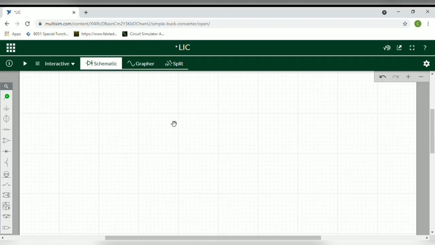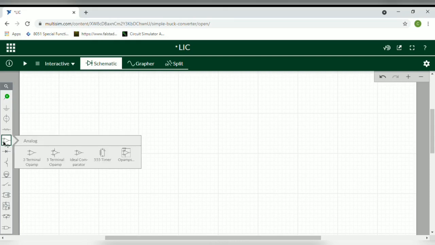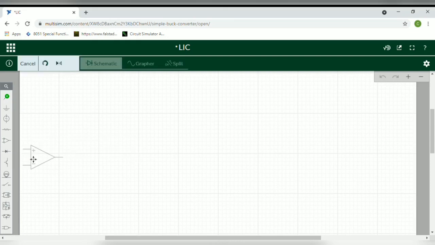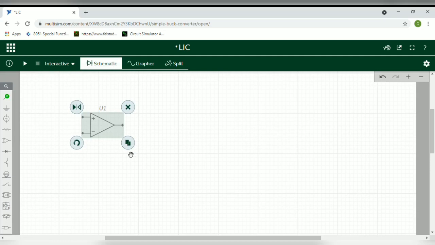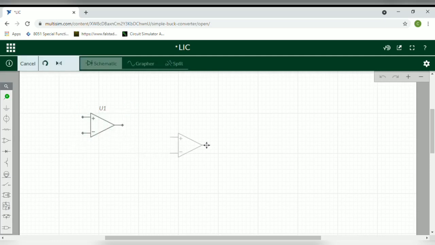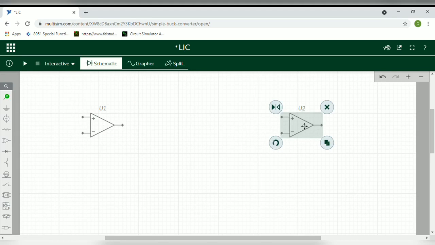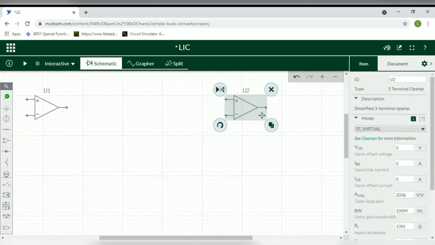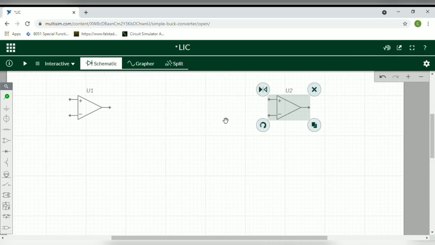There will be different options on the left hand. From that, we will take a 3-terminal op-amp. Then we will copy the op-amp. Now we will take a resistor.